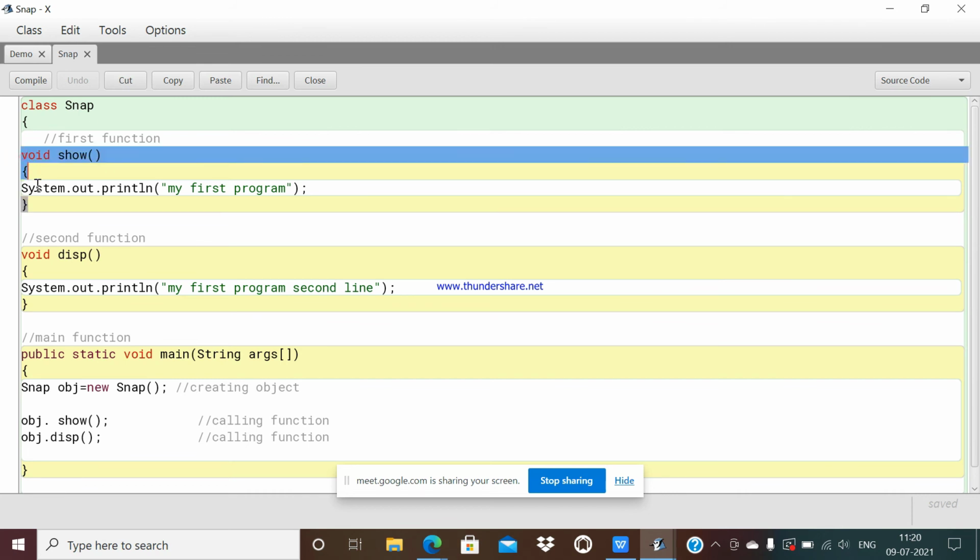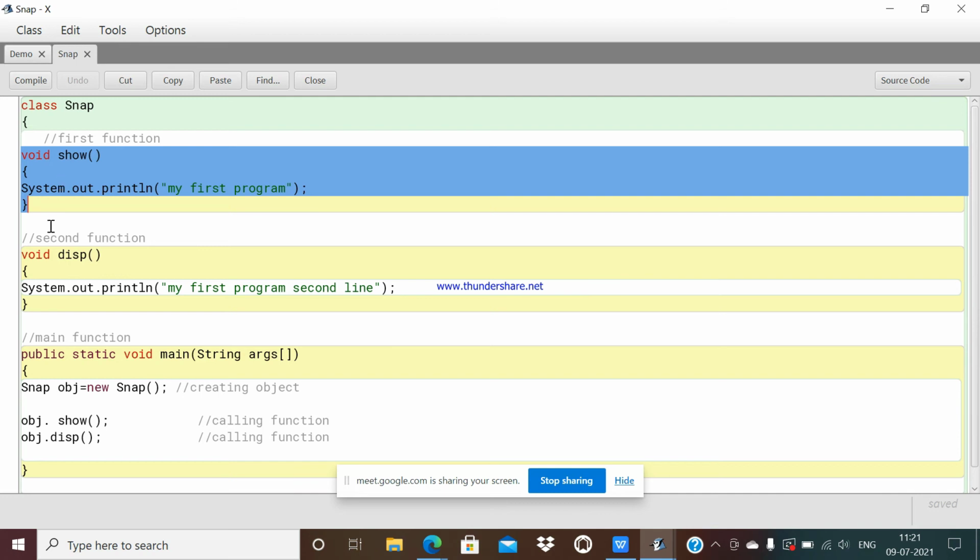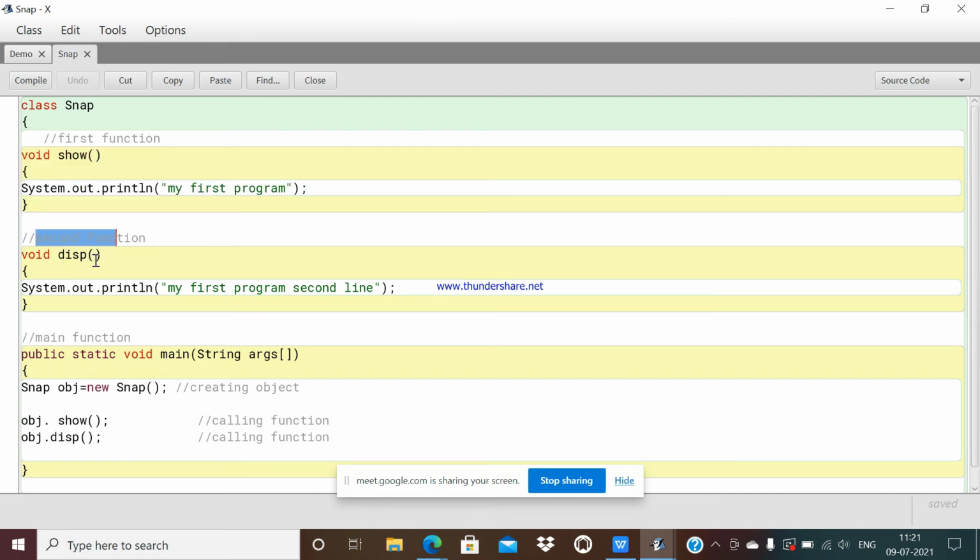I have used here two functions. The name of my first function is show, and the second function is disp. In the first function I am printing my first program, and in the second function I am printing my first program second line. Now as you can see, we have made these two functions, no?